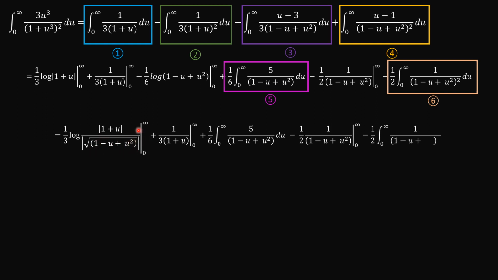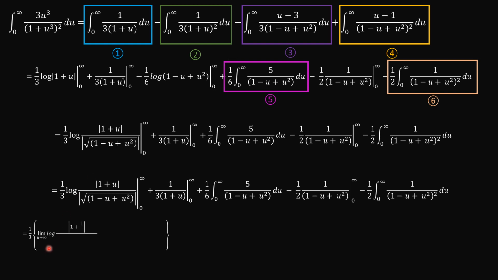Now this square root sign came from playing around with this sixth term here, where we took up the 1 over 2 constant, and so we're left with just a third. And so now we have this fraction here under the logarithm function from 0 to infinity, and then the rest of the terms just remain as they are. So this is the same as